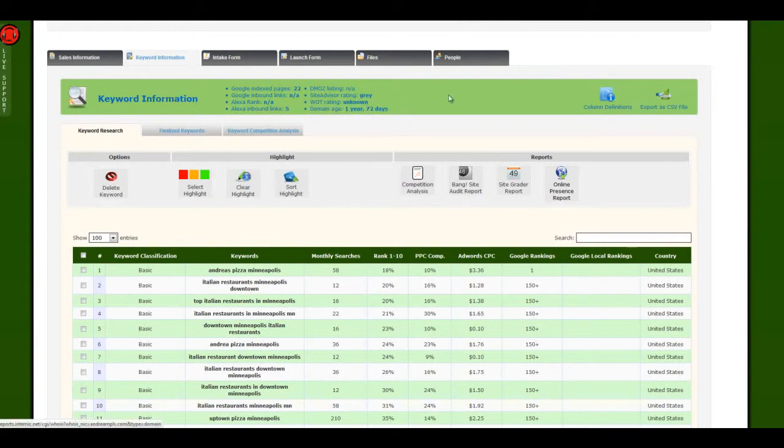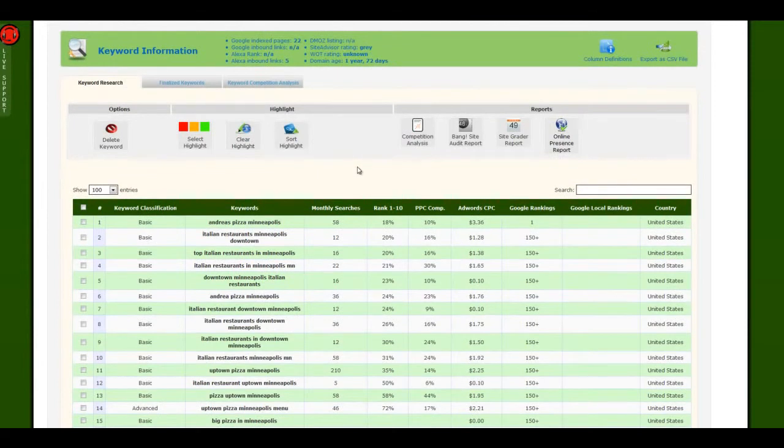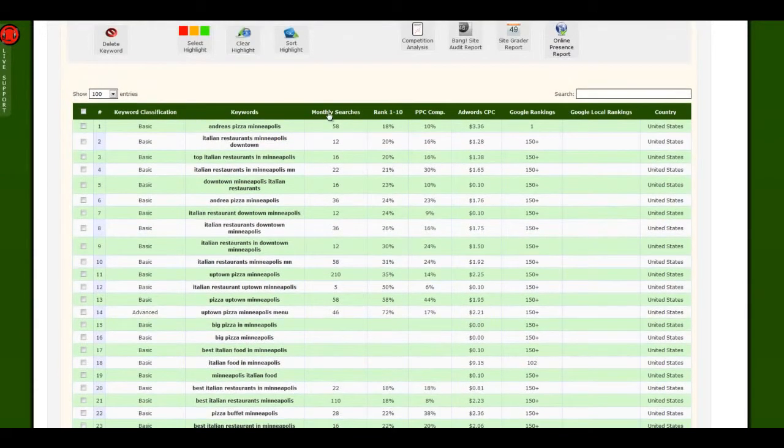So if you're not sure about the WOT or the site advisory rating, you can always Google that as well as the DMOZ listing, and you can get a definition for that. These statistics are always refreshed every single time you refresh the page. They're real quick. Now on the keyword research, whenever we do the keyword research for you, you can come in here